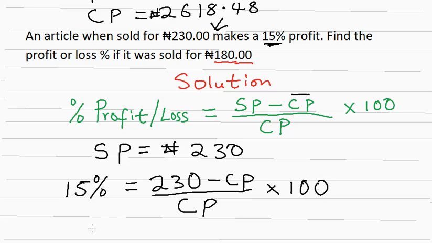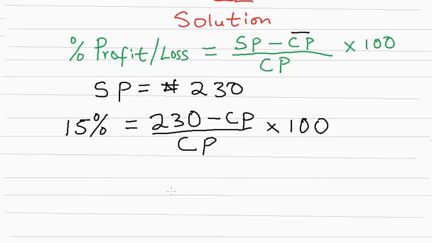Okay, so in this case, I know what we'll do. We are looking for CP, cost price. We just need to cross multiply, and of course, rearrange the equation. If I cross multiply, I'm going to have 15 CP